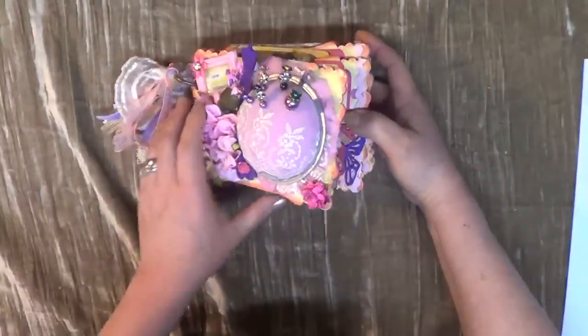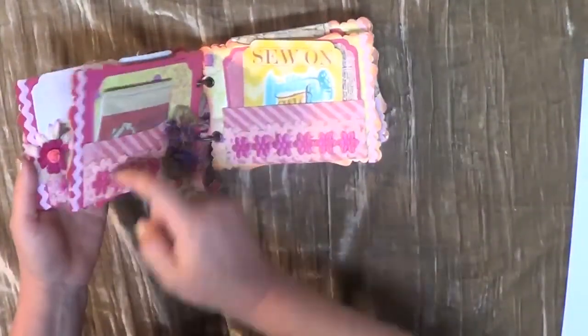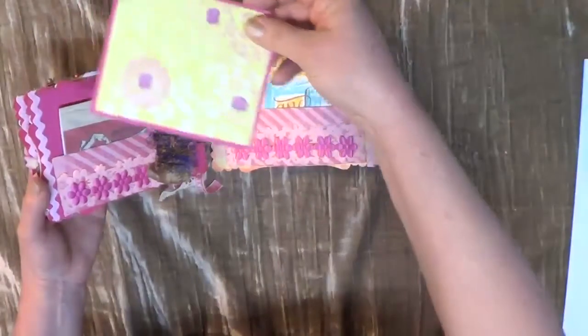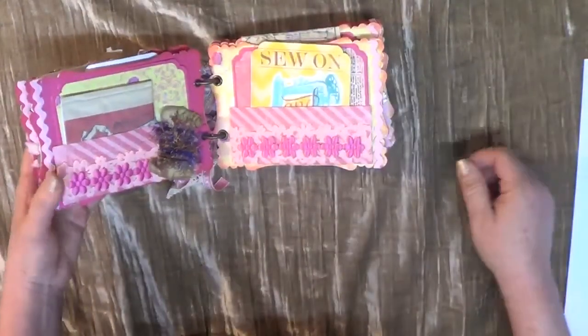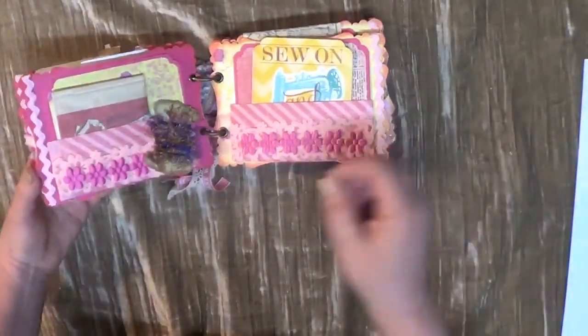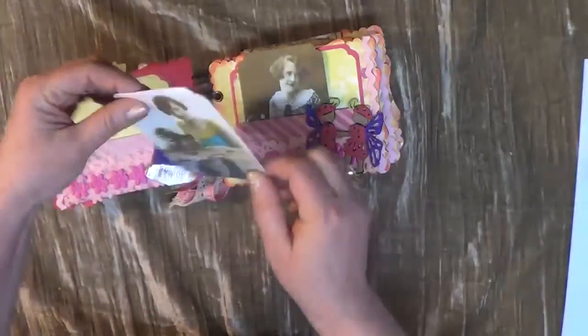Once I have put the paper together, I went ahead, and I'll talk to you about the front in a little bit, I went ahead and created little pockets on each page, right here. And then on each page, I created a mat. So you have a good amount of space in order to put your pictures or to do lots of journaling. Including with all of this, I did a lot of my own vintage ephemera that I put in there,